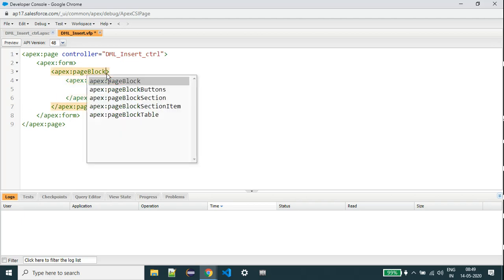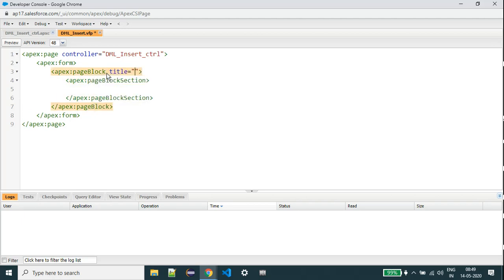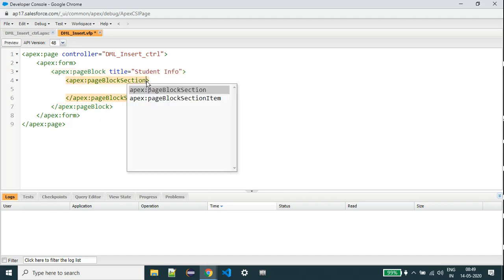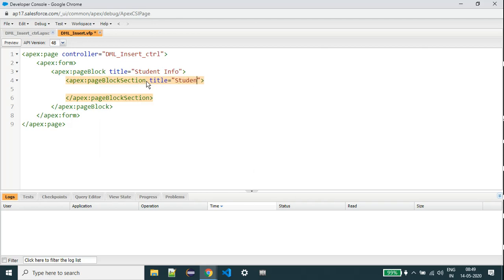Here the title is student information. So title, student details.